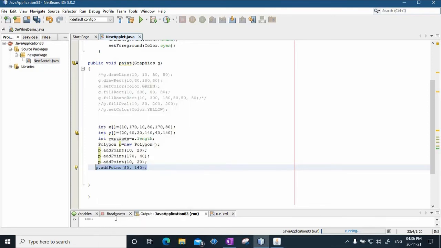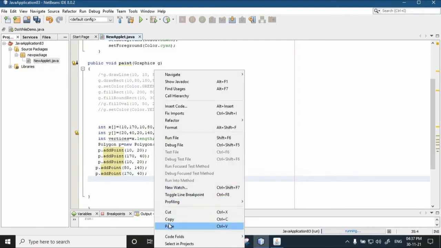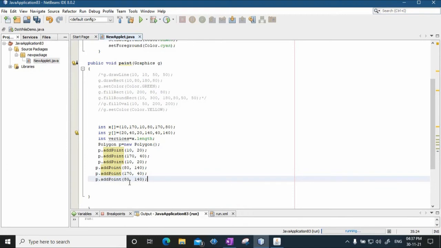Then fifth point is 170, 40. And last point is 80, 140.